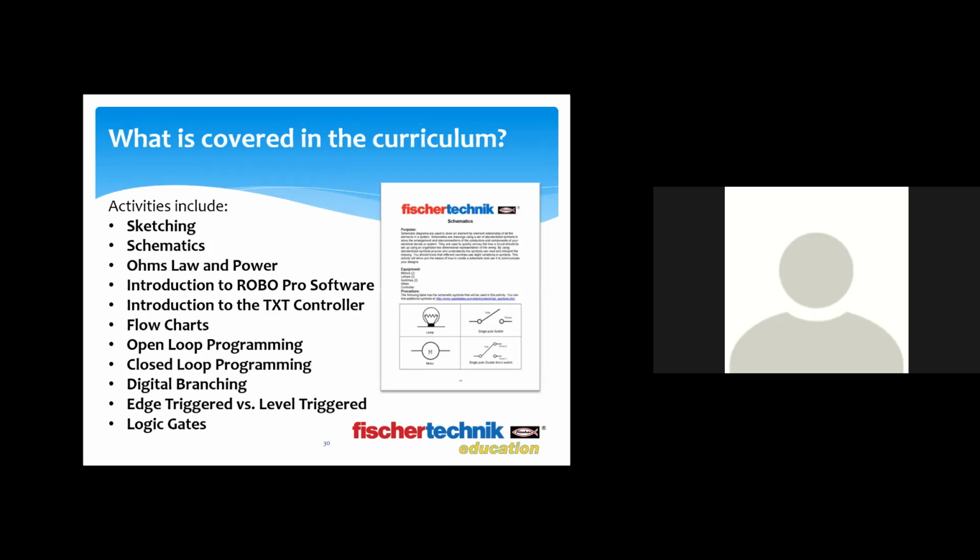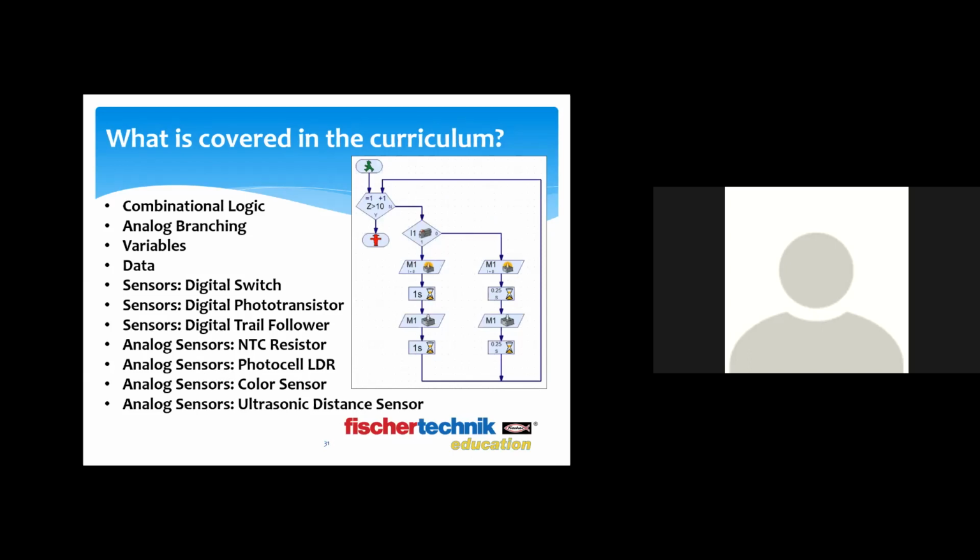Now, during the course of the 4 project themes, various activities are also addressed in various subject areas as touched upon. This will include things like sketching, schematics, Ohm's law and power, an introduction to using the programming software and controller, working with flowcharts, open loop and closed loop programming, digital branching, edge triggered versus level triggered, logic gates, combinational logic, analog branching, variables, data, sensors such as the digital switch, the digital phototransistor, and the digital trail follower, analog sensors, for example, such as the NTC resistor, the photocell LDR, the color sensor, and the ultrasonic distance sensor,